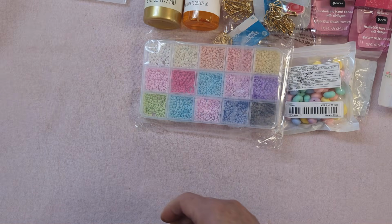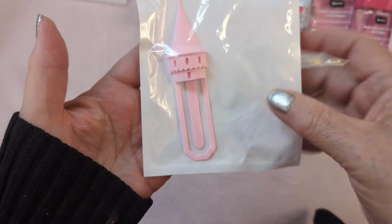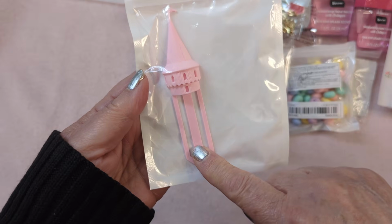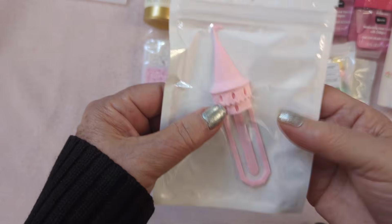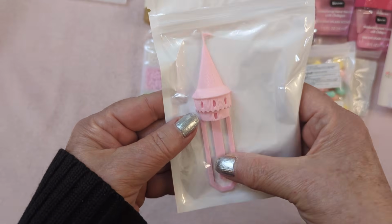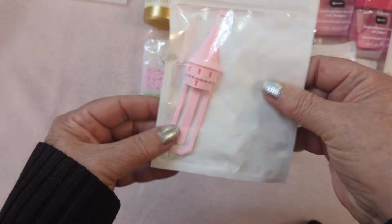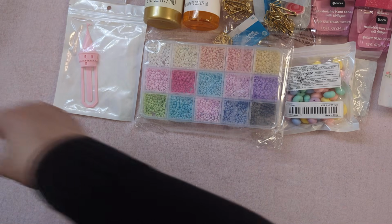And then the last one, well, a couple of other items. This was for my swap. I've never seen these before, but they're paper clip castles, and they're so cute. They're flat back. You only get two, but they were $2.90. So I got one for each of my swap partners. And then the last item I picked up was